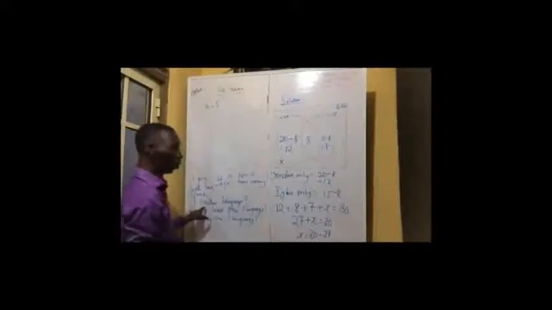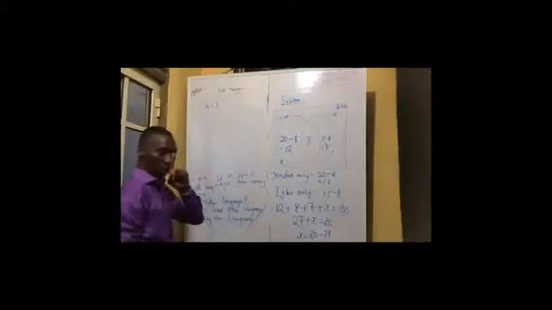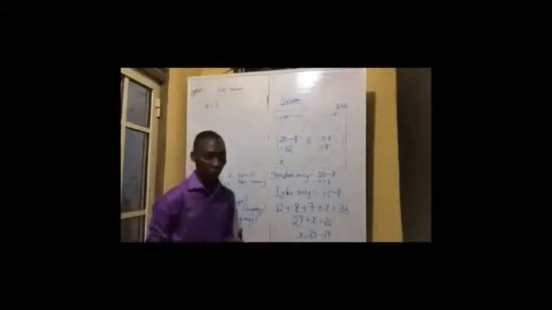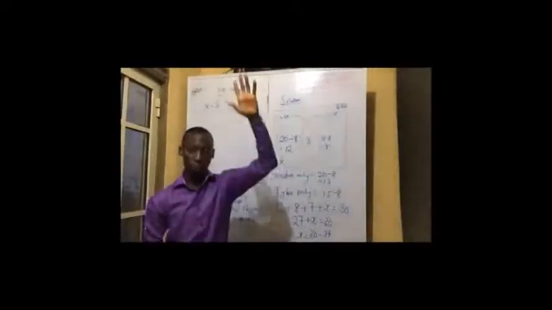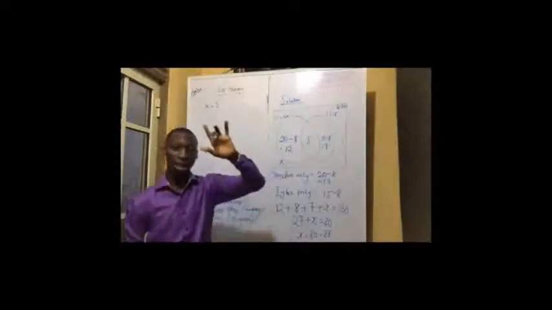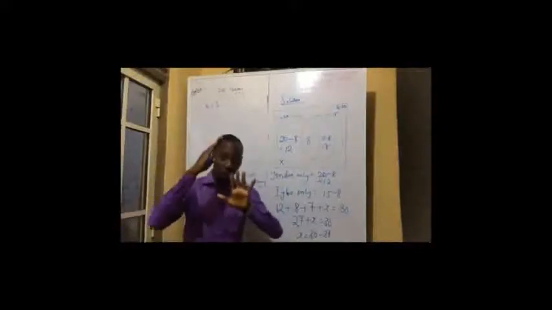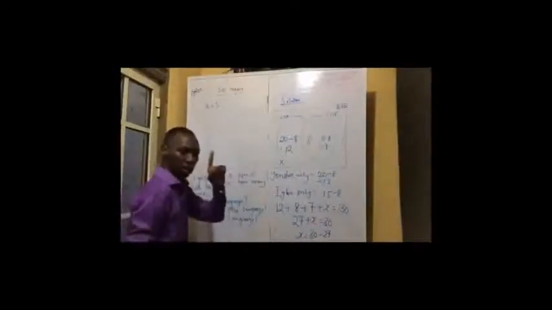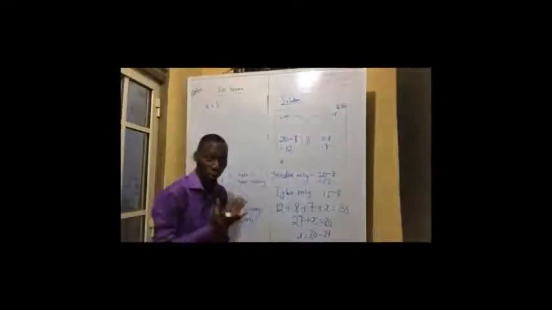So now, if 3 people do not speak Yoruba or Igbo, then how many people speak at least one language? At least one language. This word is mostly used in probability. At least, at most. When you hear at least, what does that mean? When I say at least one, it simply means from 1 upward. When I say at least 5, it simply means from 5 upward. When I say at most 5, from 5 downward. So the number of students that speak at least one language, those that speak one language, Igbo only, Yoruba only, will be included.